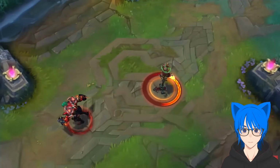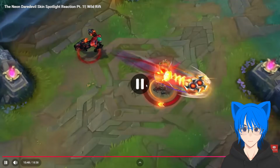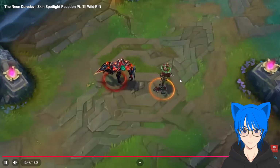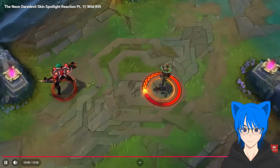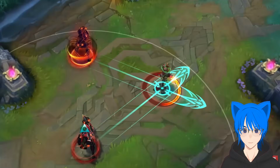And look at the checkered flag you can see there. And the spines of that first skill. Look at that. It looks like spine swirls, shurikens. I think the reason why he got this skin is because isn't there like a movement speed item here? Isn't Youmuu's in this game? So it kind of fits that aesthetic of him, especially going to do on a home guard, since Youmuu's here